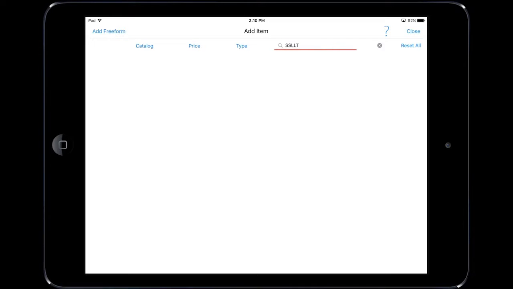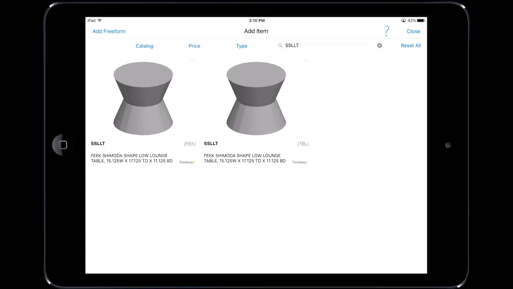Okay. So again, the search time will differ based on how many catalogs and planning typicals you have assigned to your iPad. As you can see here, I now have two results showing me SSLLT, both in the FEK catalog as well as the TBL catalog. All right, so what I want to do is bring in the FEK